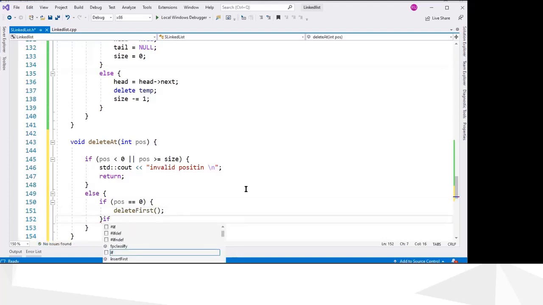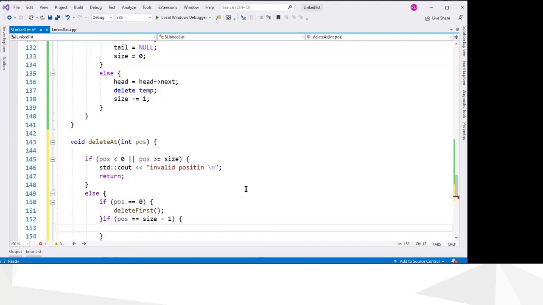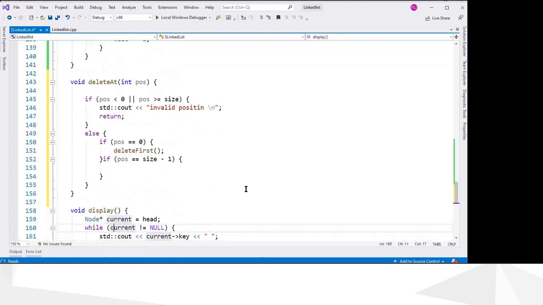And if position equals size minus 1, this is when we are deleting the last node. So we are starting from 0, so the last node is size minus 1. So if you have 5 nodes, the index will be 0, 1, 2, 3, and 4.